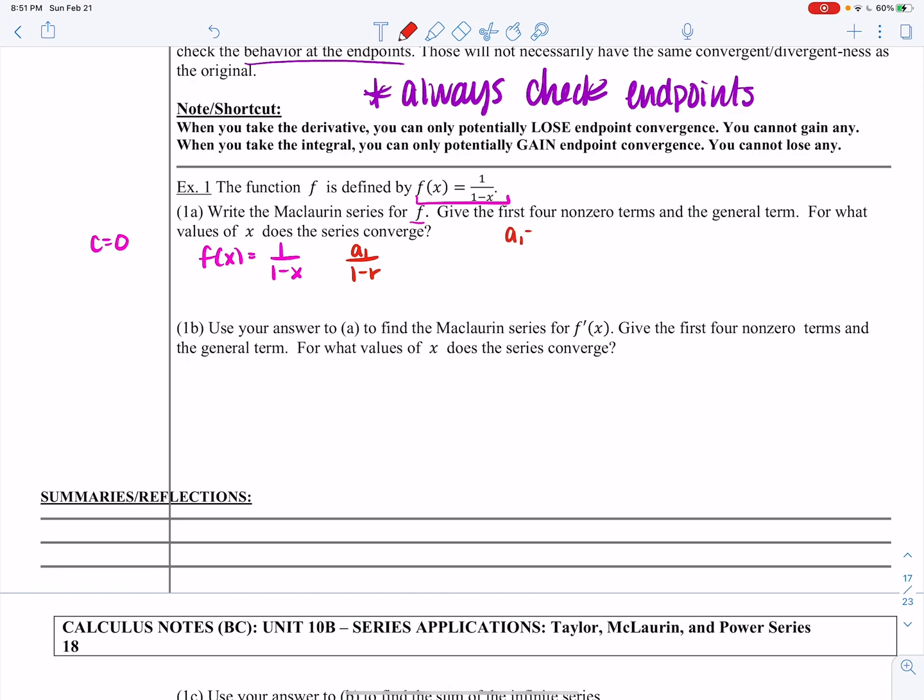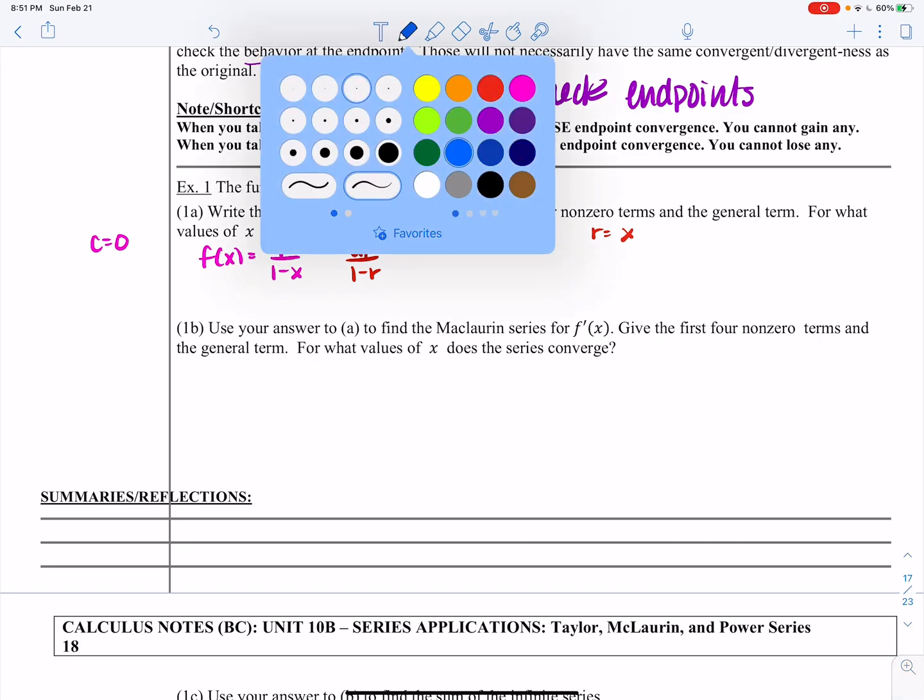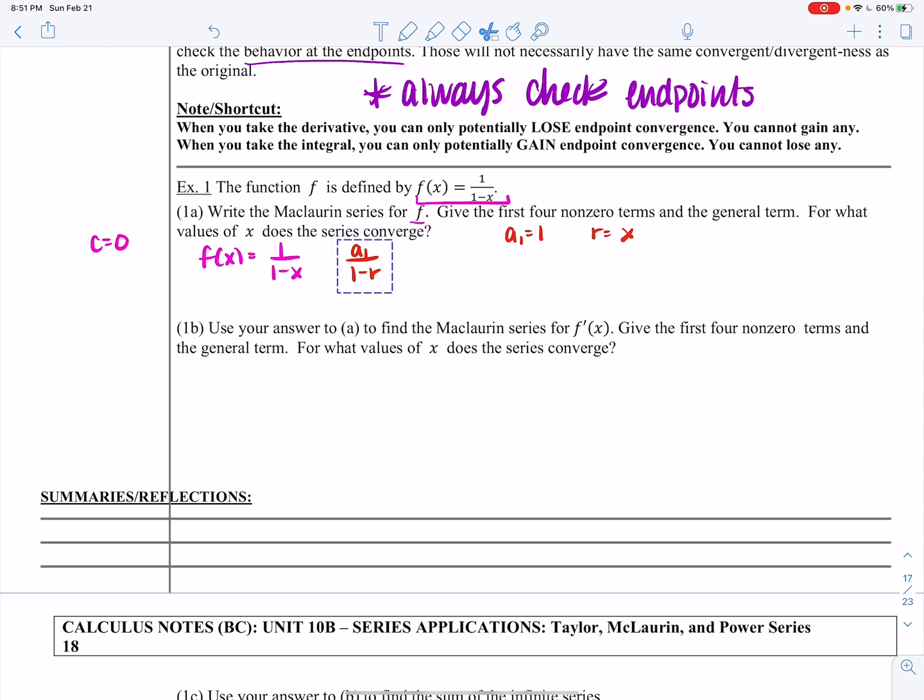So that means my first term is 1, and my common ratio is x. So I can build this series: 1 plus x, multiplied by another x, x squared, multiplied by another x, x cubed, and so on and so forth,